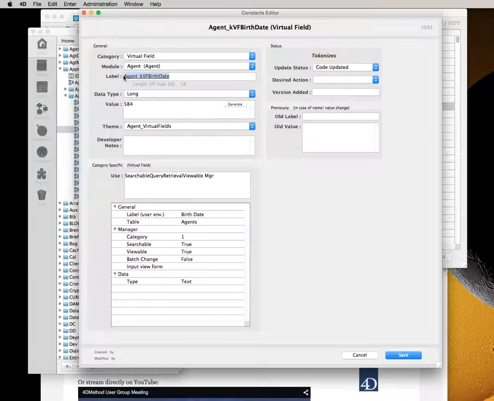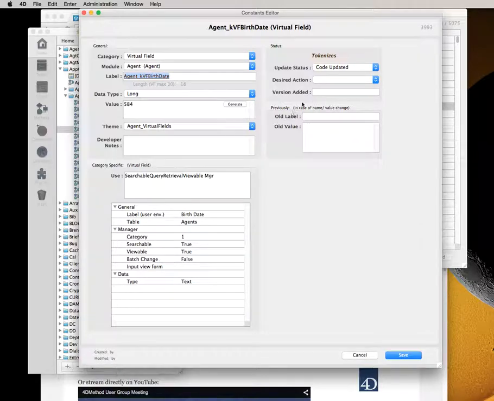In this editor we can show the label, a little bit of information, what kind that it is. For virtual fields we can generate the next number of the virtual field so that you don't have to keep track of where you are. It's kind of like a sequence number. Assign the family that it goes into, and then with our virtual field registration there's a small browser down here that shows what some of the basic properties are of the field, whether it's searchable or viewable or available in